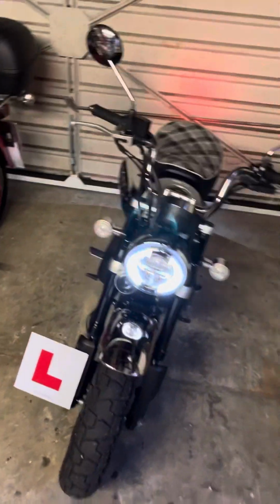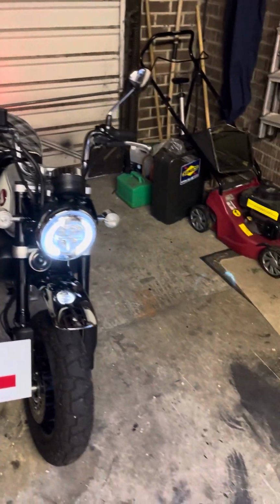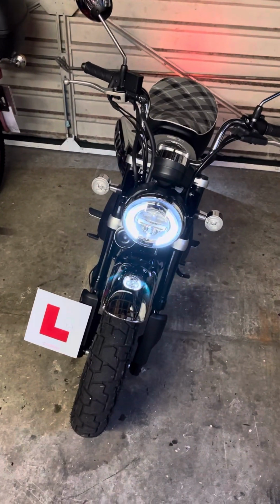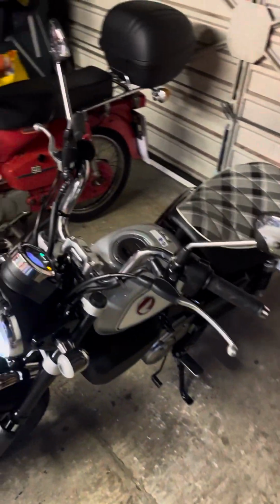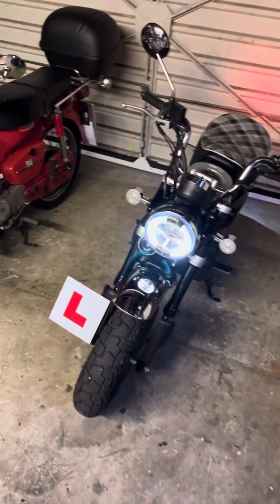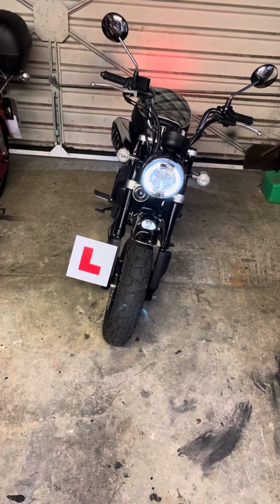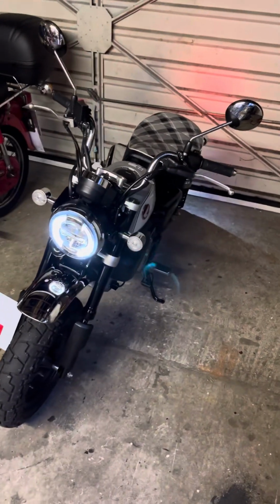What else? In terms of the miles per gallon and how many miles you get out of the tank, massively over-egged by Honda and by quite a few of the videos, to be honest. You get about 100 miles. I'm consistently getting 100 miles out of the tank, and it only costs a fiver to fill it up to the brim. So it's crude maths, I think I've worked out, it's about 140, 135 miles per gallon, which is unbelievable, obviously,